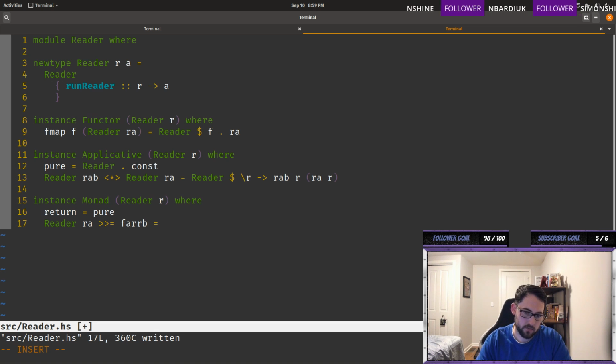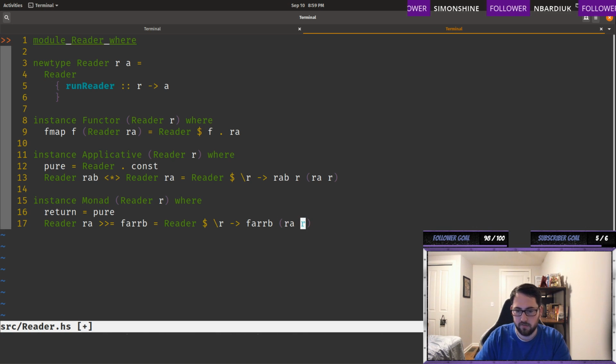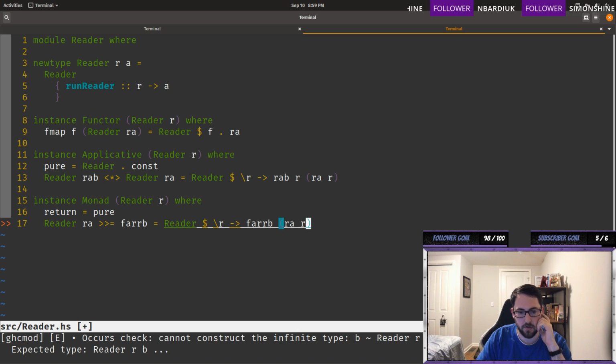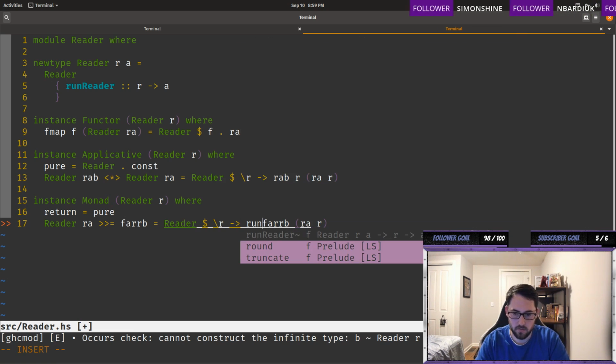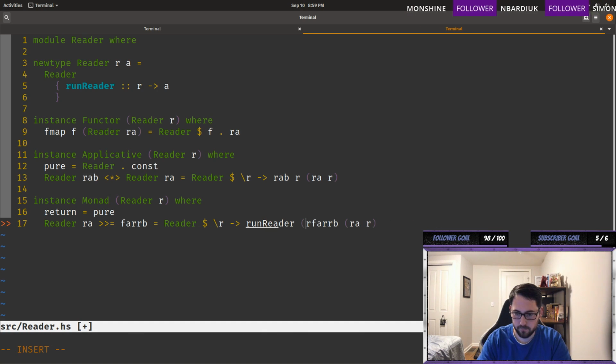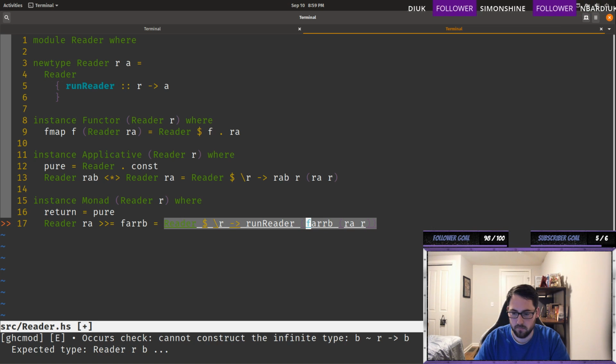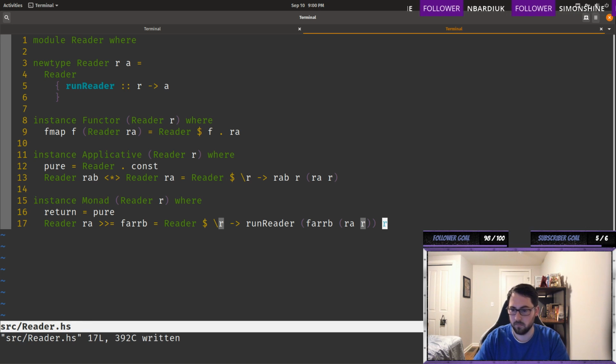So we need a reader and an R. If we apply that, we get an A. If we apply that, we get a reader RB. And then we need to